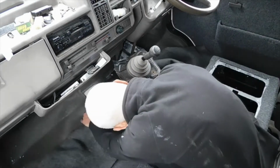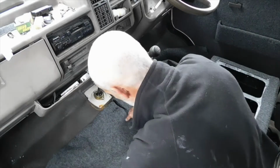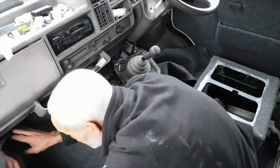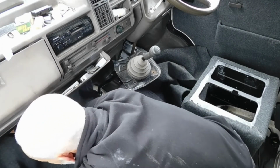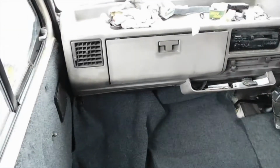Jesus Christ, you know what I thought I'd done then? I cut one big hole. No! We don't want that. Right, so we'll check it again now, just to make sure that all the corners go in, like this bit down here. Let's turn it around, I don't know if you're going to see that. That bit there,